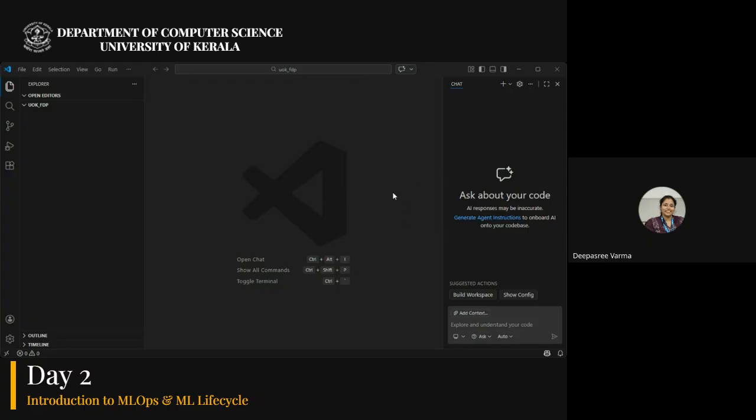So you can open this Colab notebook and you can copy the first set of code in it. It says train.py. So I'll just show you.